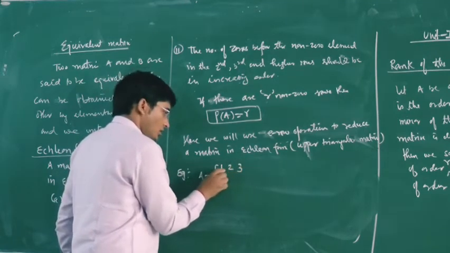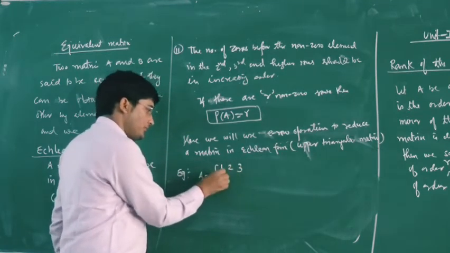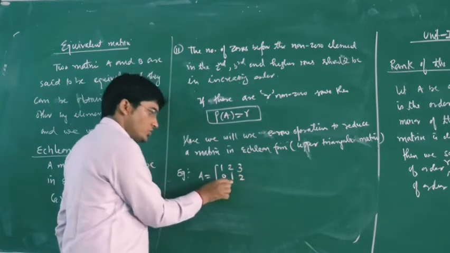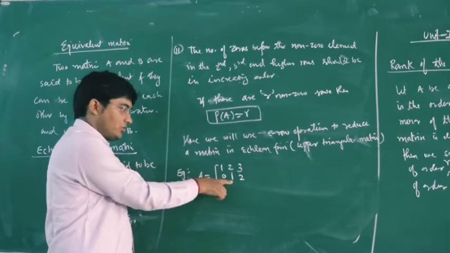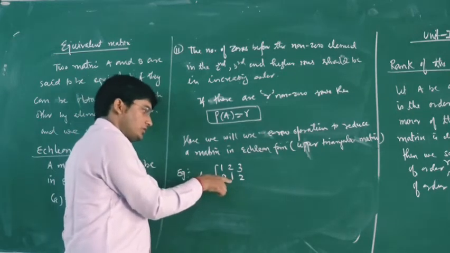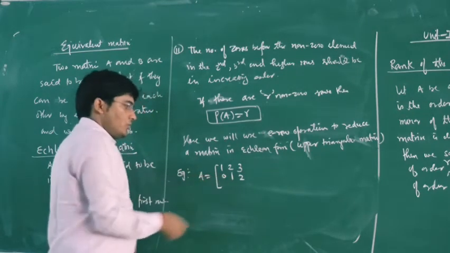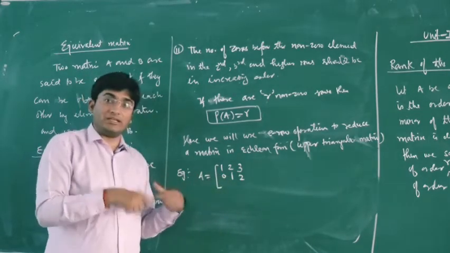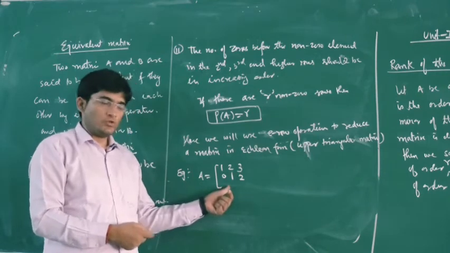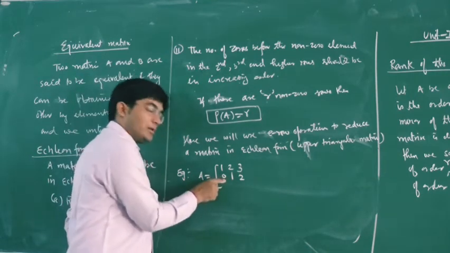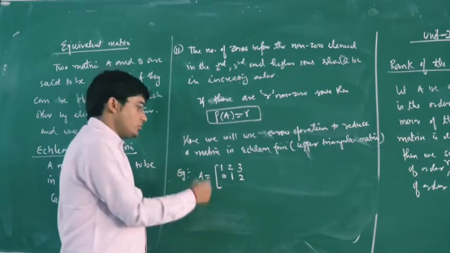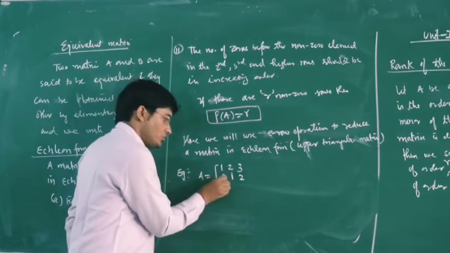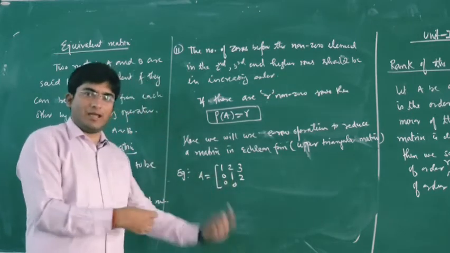Say this is your matrix, so the first element of the first row is 1. The number of zeros before the first non-zero element in the second row is 1. We have 1 zero before this non-zero element. Now this number should be in increasing order in the third row. So if we have 1 zero before the non-zero element, then in the third row we should have at least 2 zeros, because we should have more than 1 zero. So we will have these 2 zeros, and we can have 3 zeros as well.